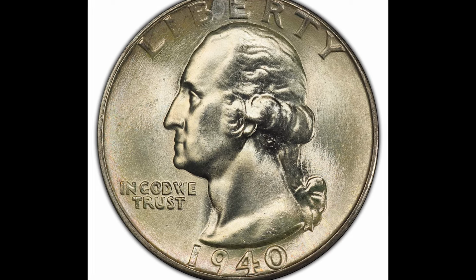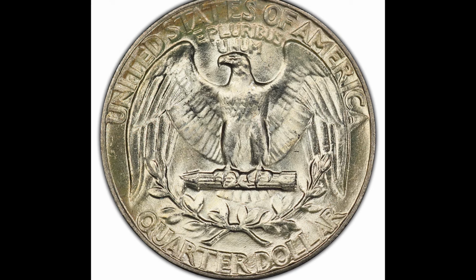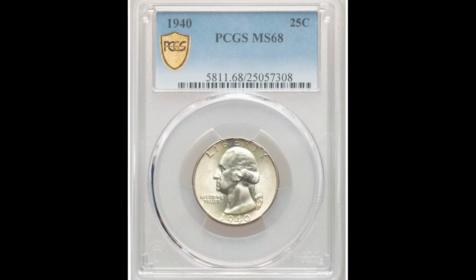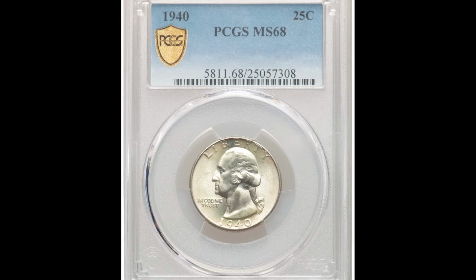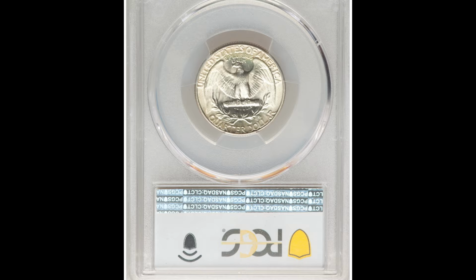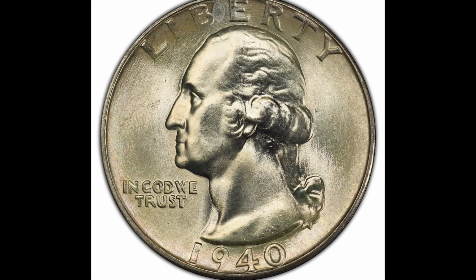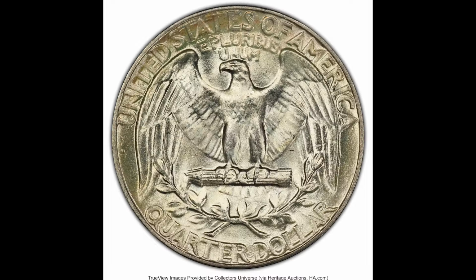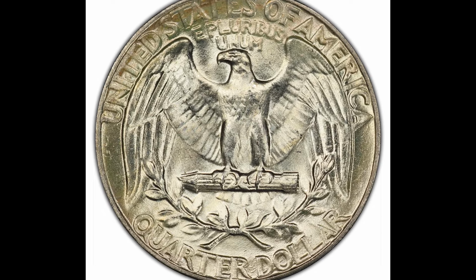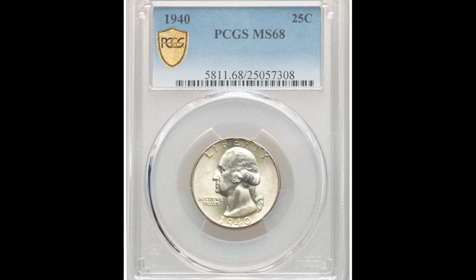$4,560 for this 1940 25-cent Washington quarter graded by PCGS at a mint state 68. Now let me summarize this very quickly. When it comes to the Washington quarters, guys, unless you have a 1932 coin, which is the first year of issue for the Washington quarter, your coin is likely not going to be worth a ton of money. The big value add comes with that grade. 1940 quarters are typically not worth a lot. If you somehow are able to get a 68 grade or higher, you're going to be in for a very,